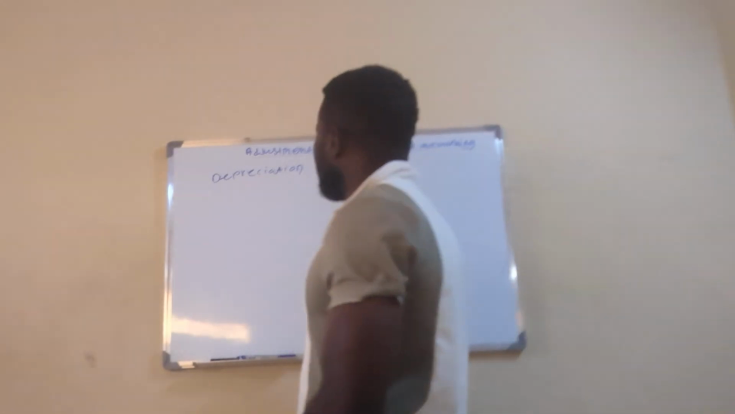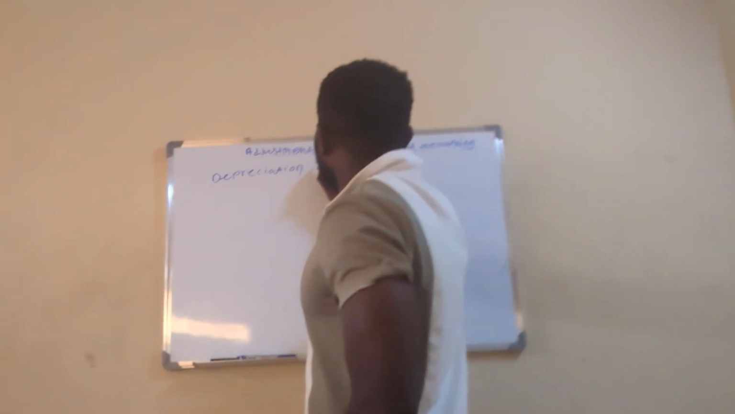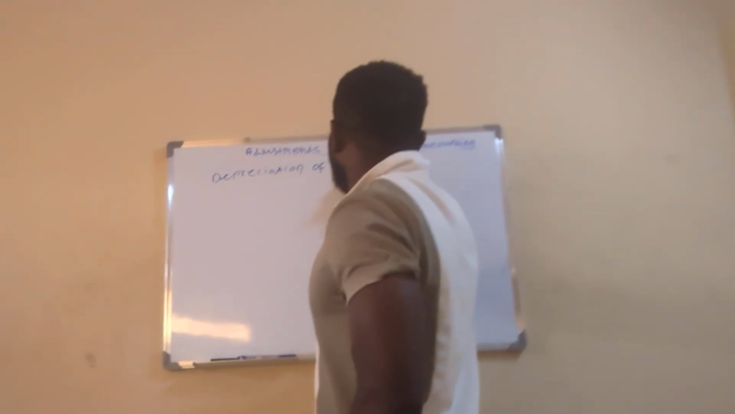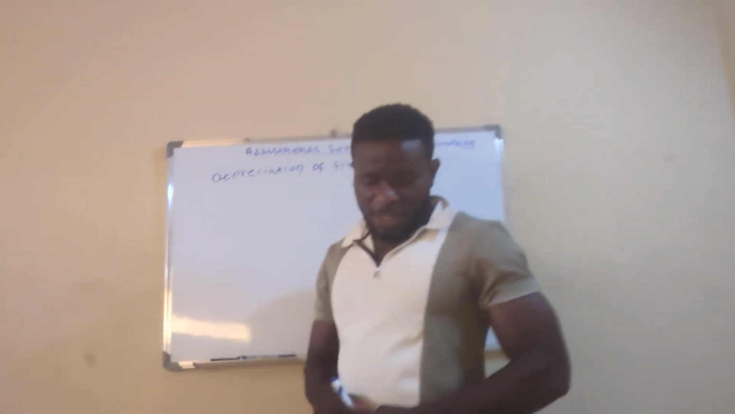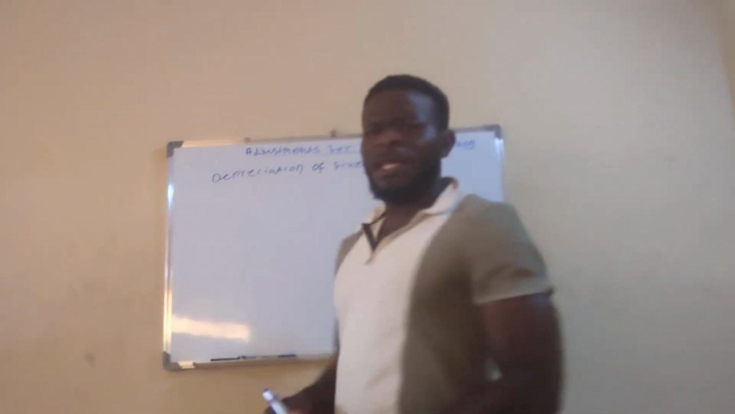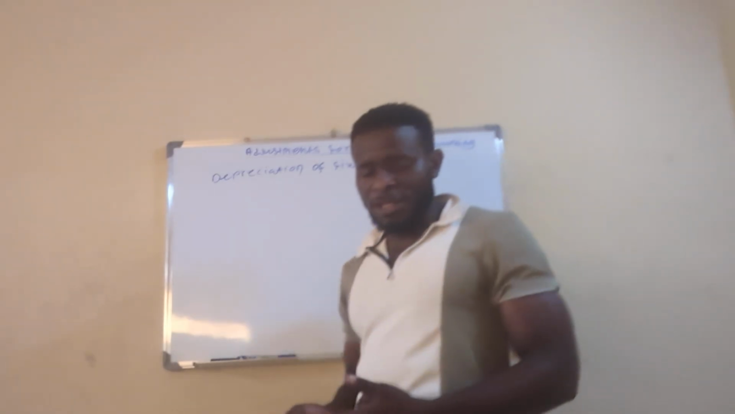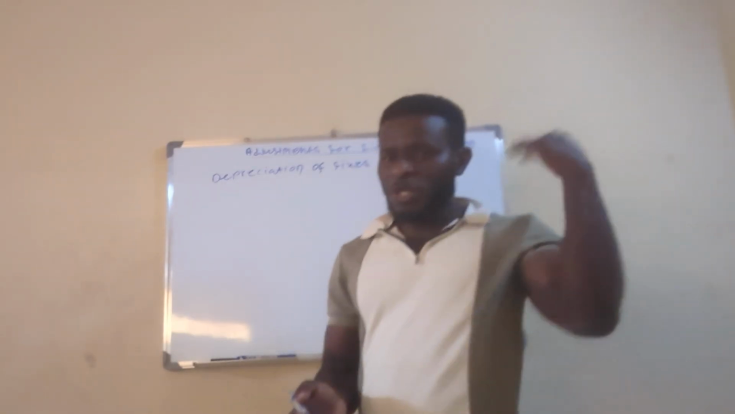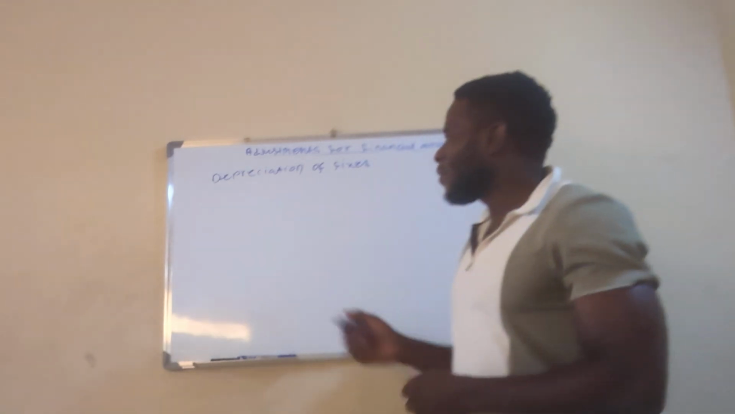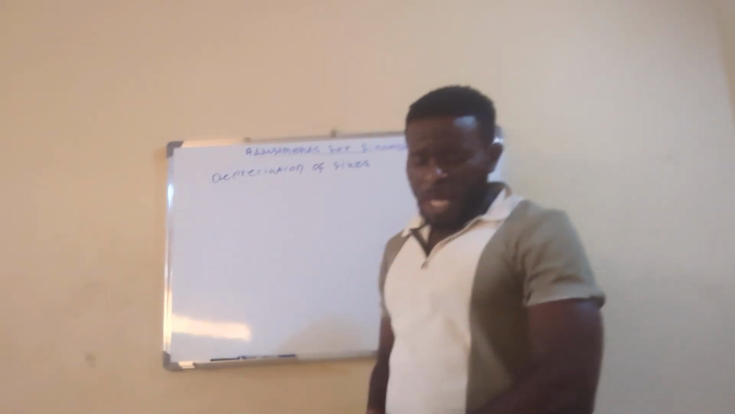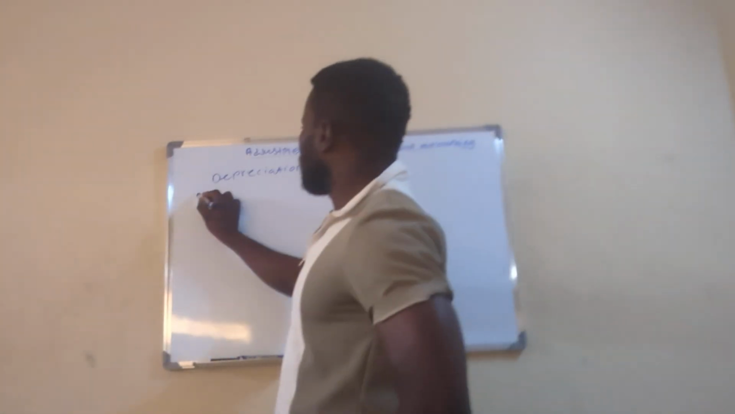So we have depreciation of non-current assets, or depreciation of fixed assets. Under depreciation of fixed assets, there is what is known. Did I explain? Yes, I explained depreciation in my previous tutorials. So watch those tutorials. I won't take time to explain depreciation again. Under depreciation, there is what is known as the